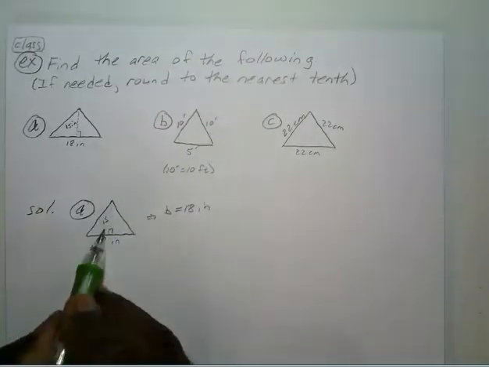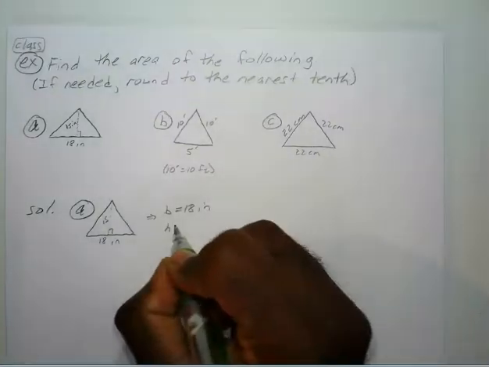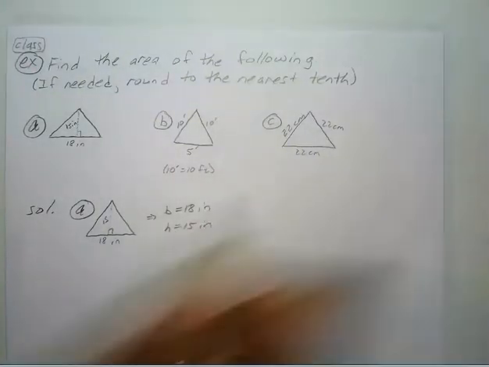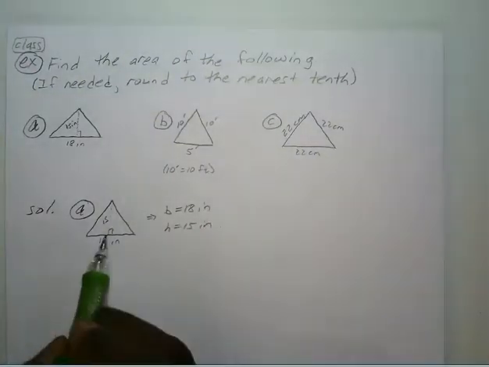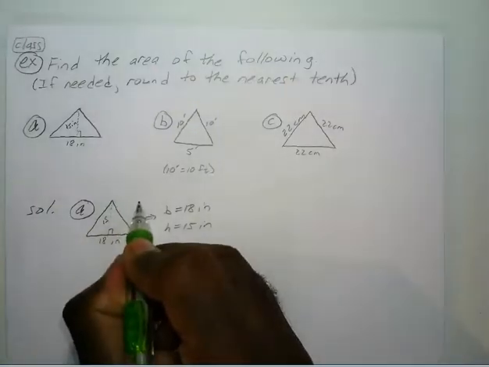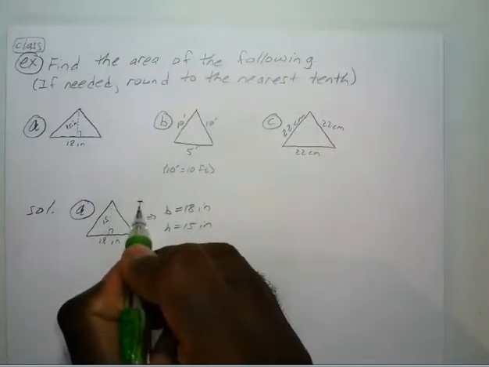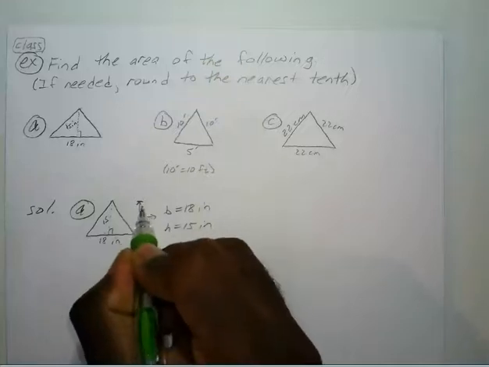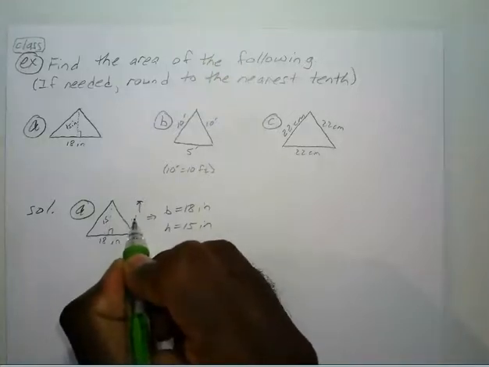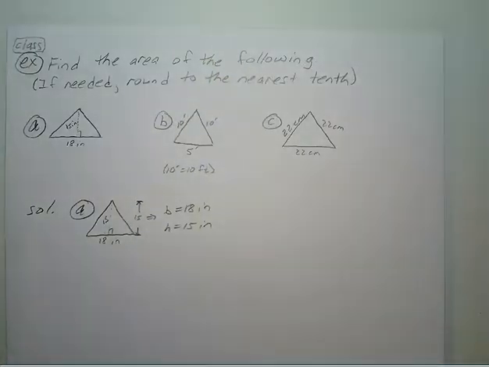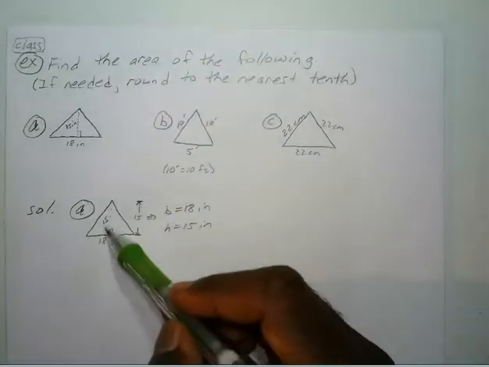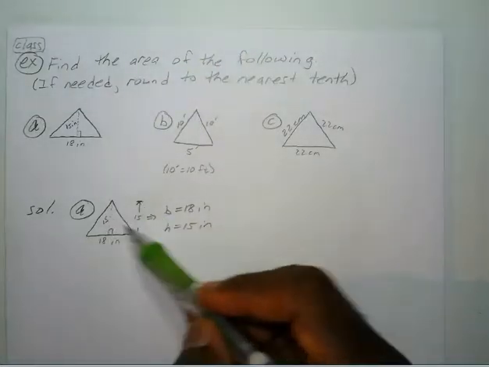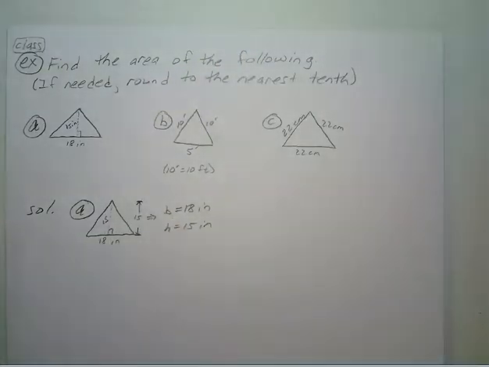And your height is 15 inches. Okay, now remember, your height can be either inside or it could be outside. You may see some that may show it looking like this, where this would be your 15. This distance is the same as this distance. Okay, so both of these could be your height. Okay, so since we're given the base and the height,